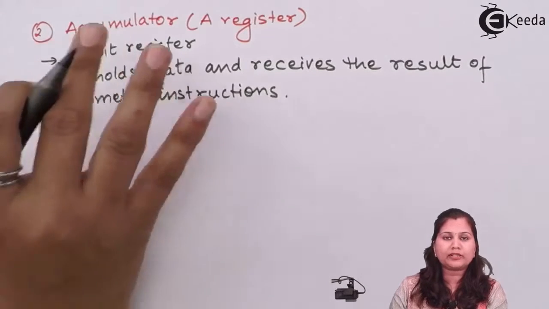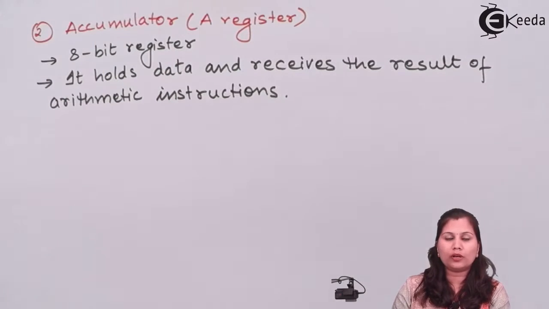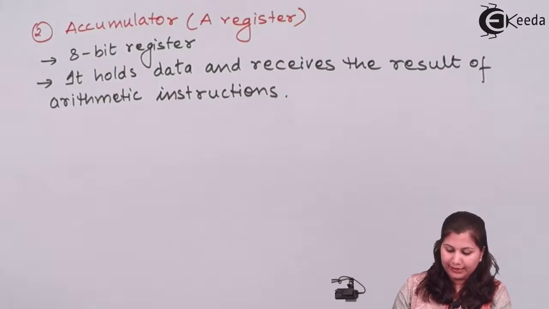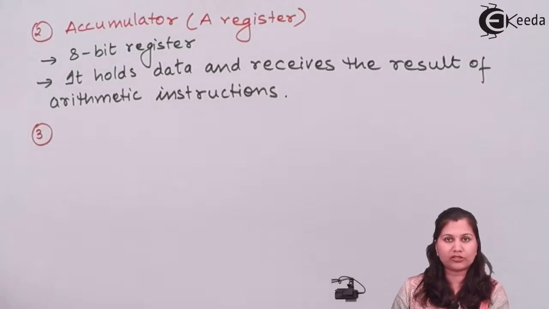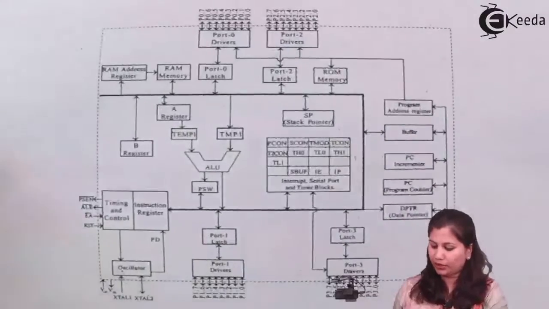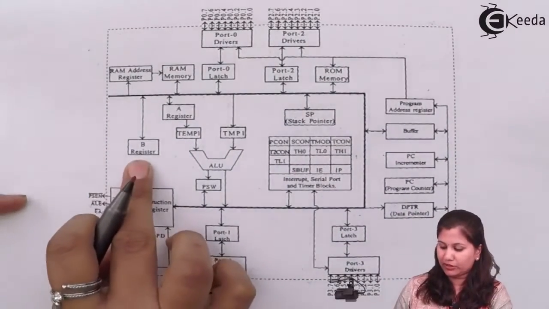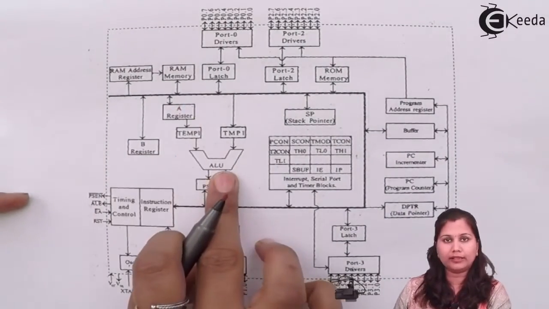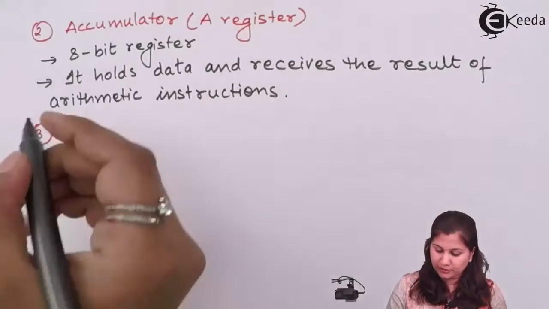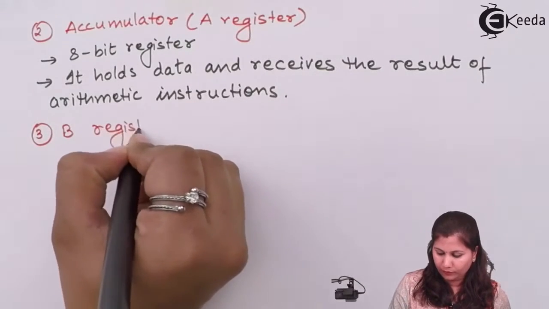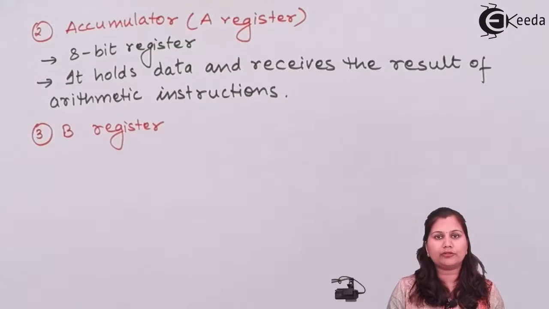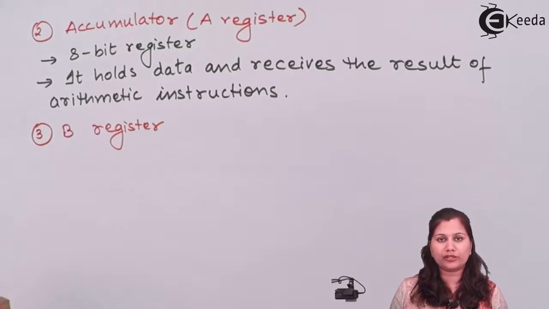So the accumulator is going to store the data and also the result of the arithmetic operations. Next, we have the B register. It is shown here in the block diagram: B register, A register and the ALU. B register,